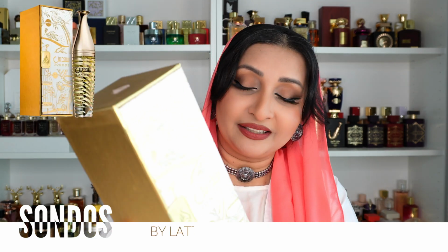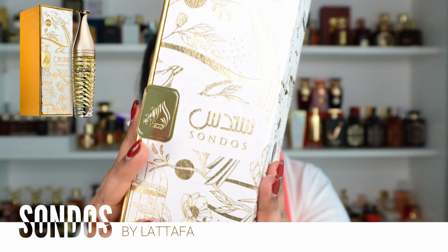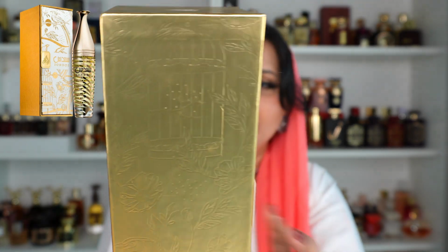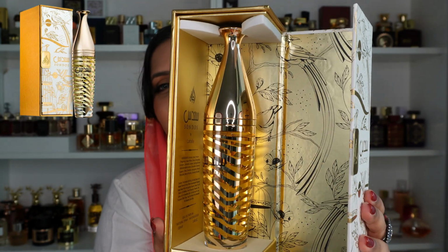Okay, hats off to Lattafa because the aesthetics on this box, I don't know if you can see it over here, but it's so beautiful. It looks Victorian, there's a cage on it, there are flowers, and then the thing opens like, okay, it's very difficult to hold it, by the way. Look, that's the...